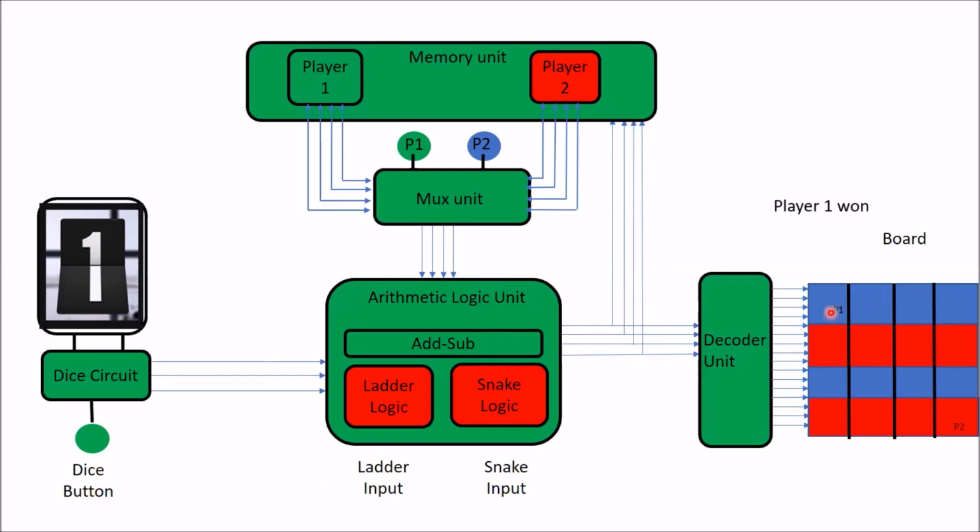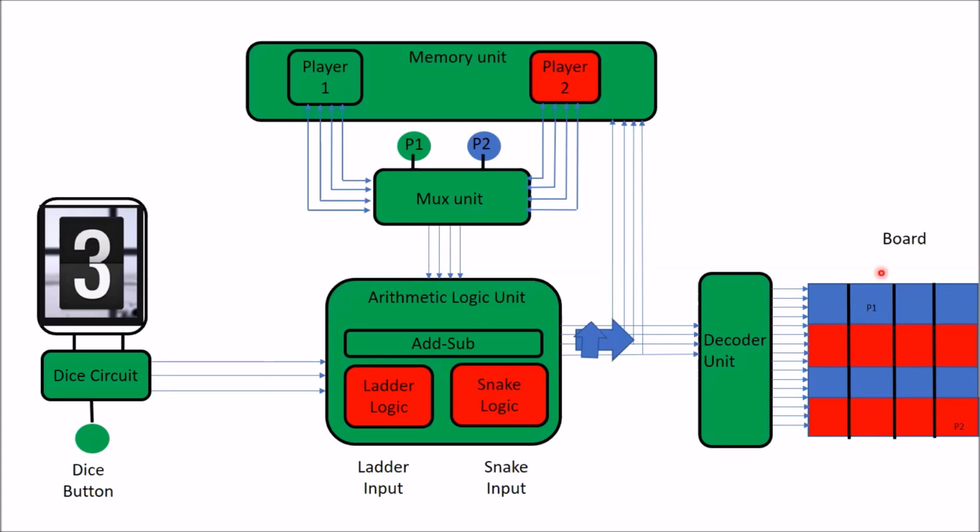But what will happen if you have the same position and you got 3 or 2? Because if you got 3 with this circuitry, with this architecture, it will add 3 there. Because we are simply adding with the previous state, whatever the state here, if you add, it will go there, then there, then there, and it will come back here. But we are not allowed to do so in the snake ladder game.